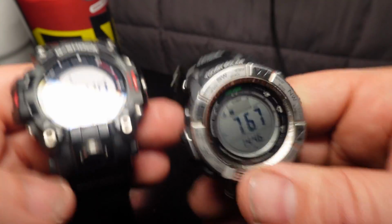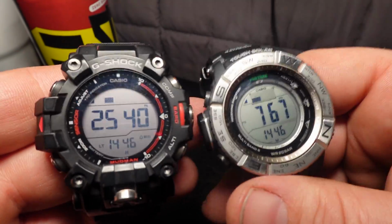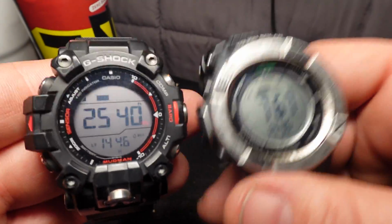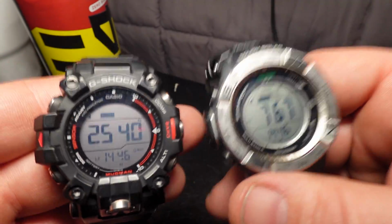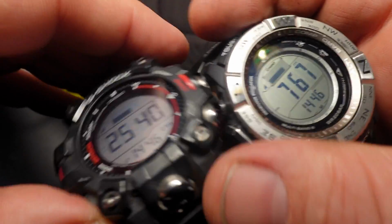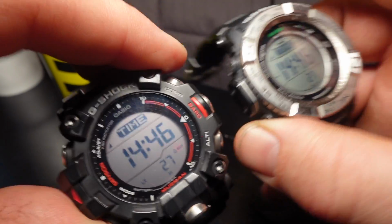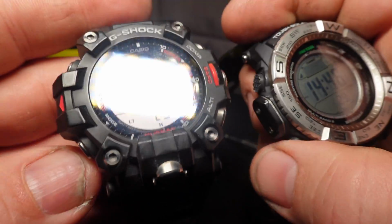All right. And so both of these have the sunrise and sunset. Both of them you have to manually enter your latitude and longitude to get accurate readings for the almanac. And you know, you set them the exact same way. You hold down the bottom right button, go back to the main time, and